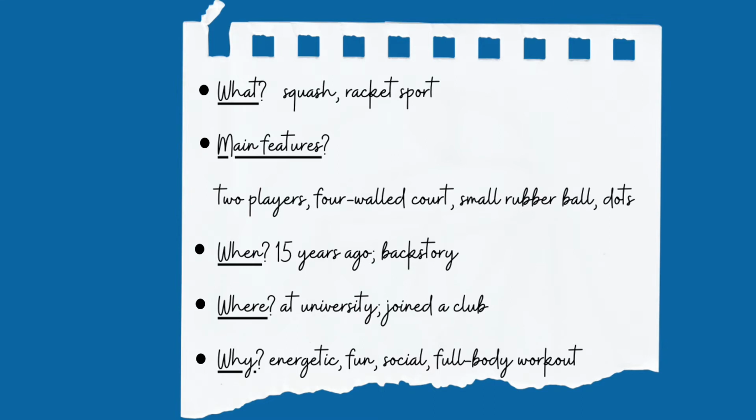So when it comes to taking notes, we suggest either using bullet points like this or a mind map, which we'll look at in a moment. If you use bullet points, it's quite good to use key questions like what, when, where, or why. Now, when you write down your keywords, make sure that they're key words or key phrases,